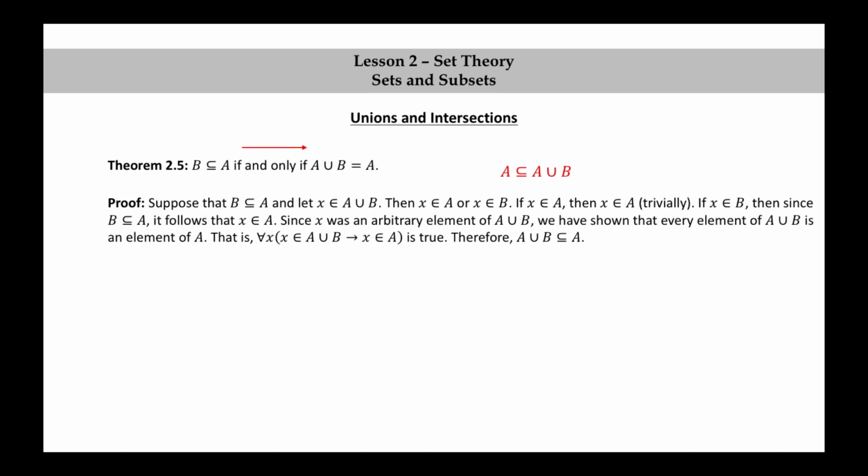And now the other direction. We're going to show that A is a subset of the union of A and B. But we already know this. We proved this in the last theorem. So by theorem 2.4,